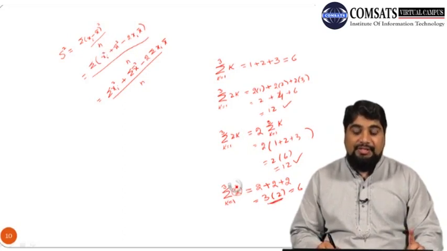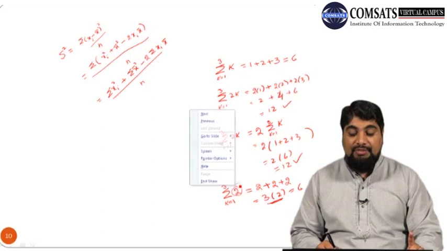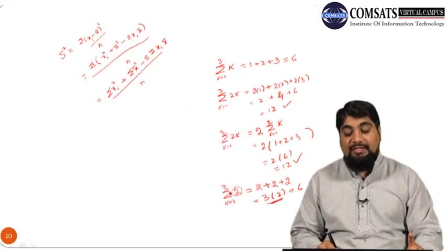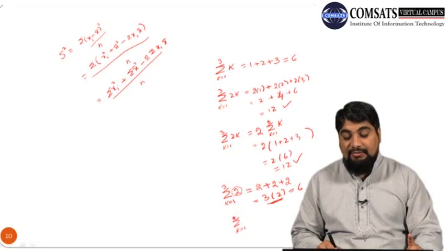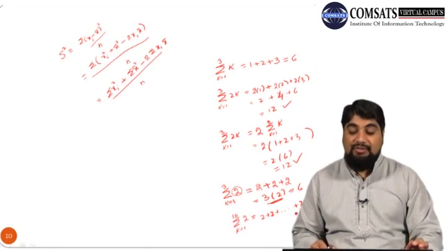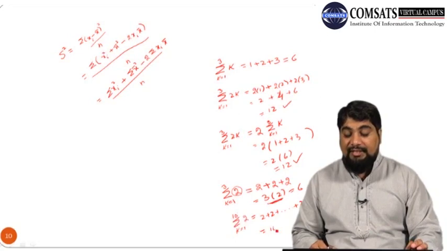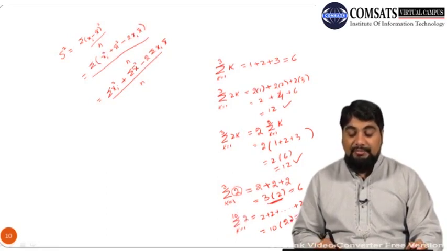So here we have the constant 2 and the range of summation is 3, so it means this range times this 2. Now instead of this range 3, suppose we have k equals 1 to 10 and we have the same number 2, then we can see that this same number 2 will be summed 10 times, or in other words we will write it as 10 times 2, which is 20.